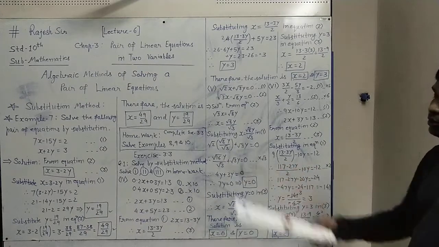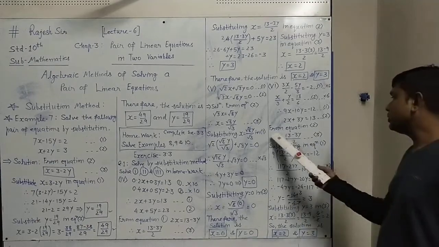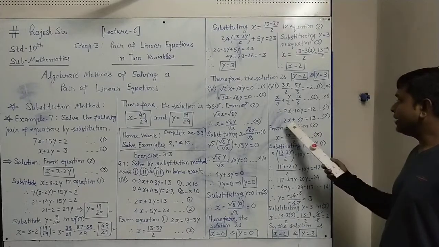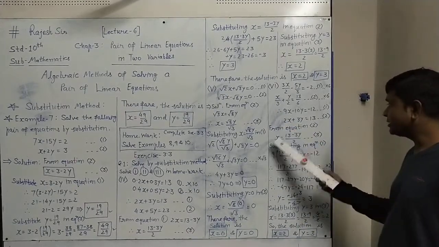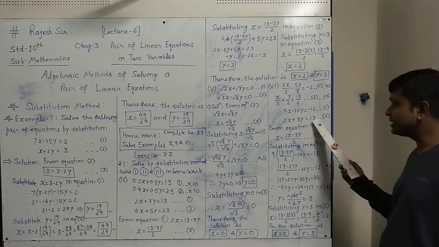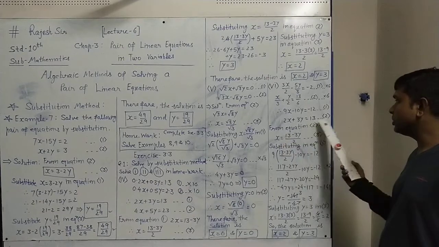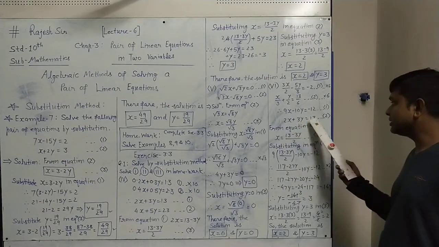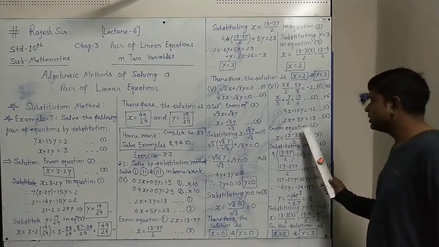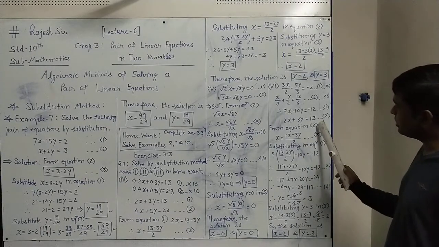And now, as we do, we have to pick any equation, 1 or 2, any one equation you take. I have taken equation number 2. So from equation number 2 the substitution I am going to make. Substitution of x or y, any value you can take. I have taken x. If I take x on this side only and all the terms on the right side, so 13 minus 3y will be there, and this 2 multiplied part will be down. So x equals to, from equation number 2, becomes 13 minus 3y upon 2. Say this substitution from equation number 2 as equation number 3.